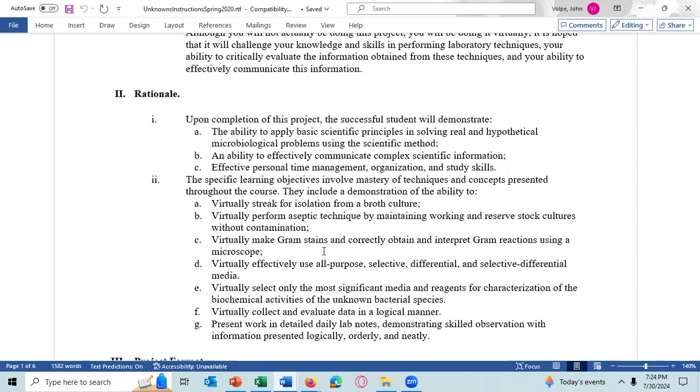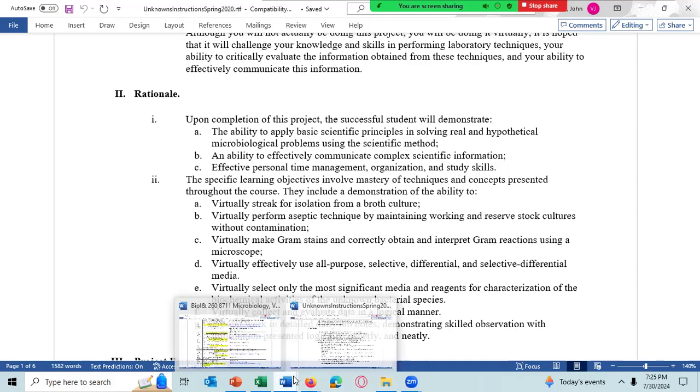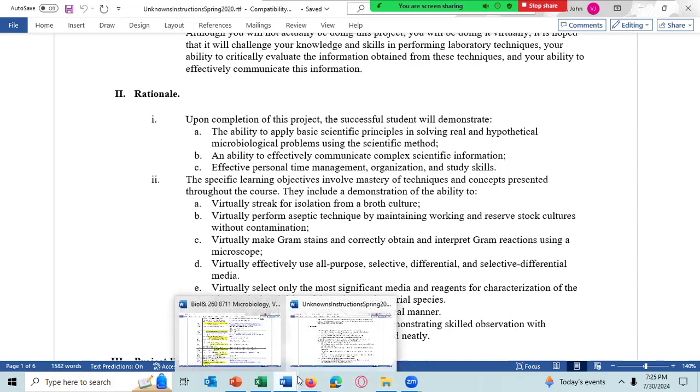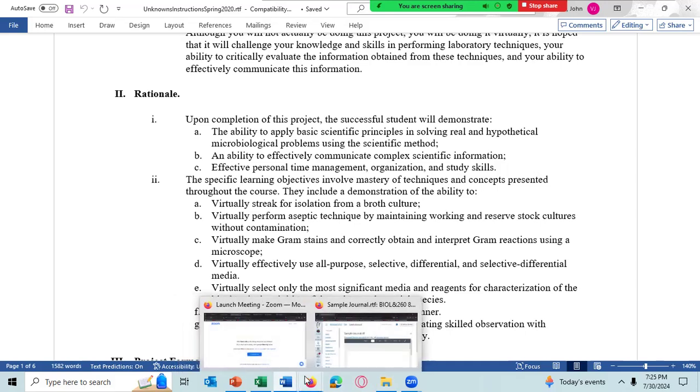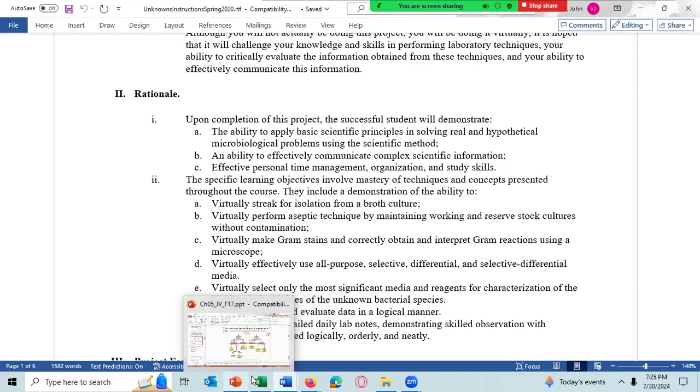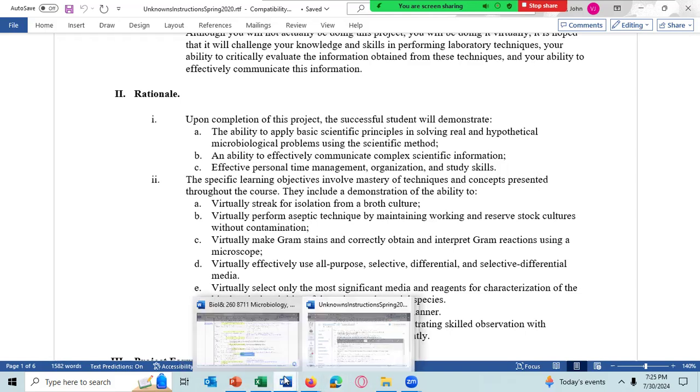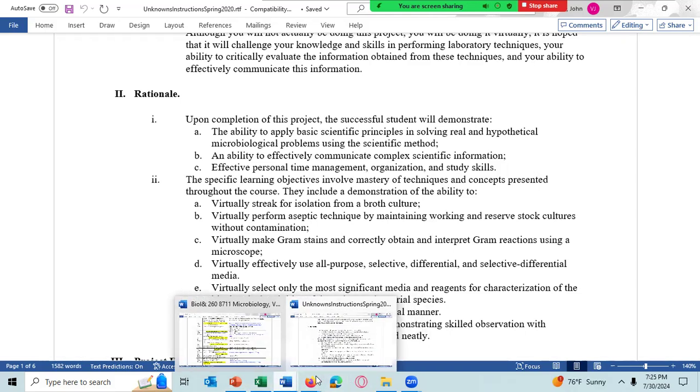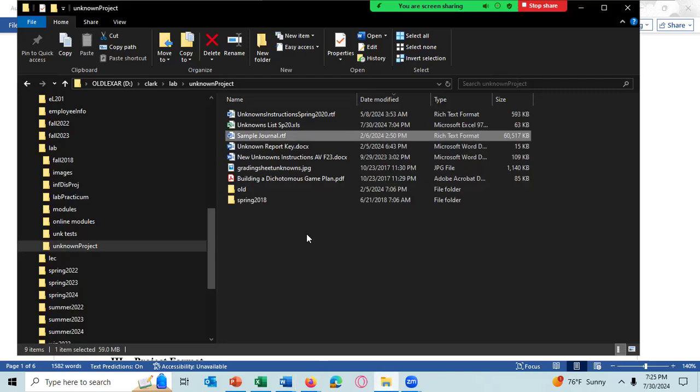If you were to come into a real microbiology lab, I'll give you a tube with 2 species in it. And the only reason why I'm mentioning that is the sample journal. Let me go to that now. I don't have it up anymore, I don't think. In the sample journal,